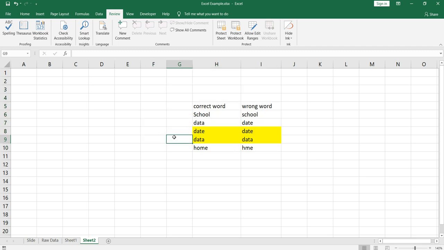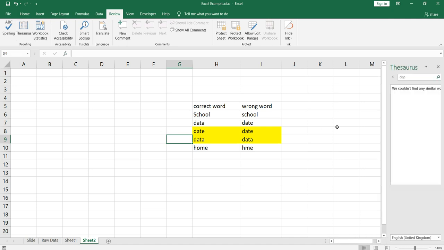You can also add words to the dictionary if Excel doesn't find them in its dictionary. You can search for other words using this button, right? So if you search school, then you will get a whole lot of words related to school here.